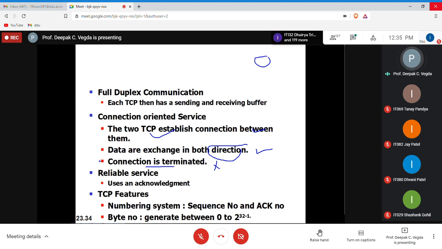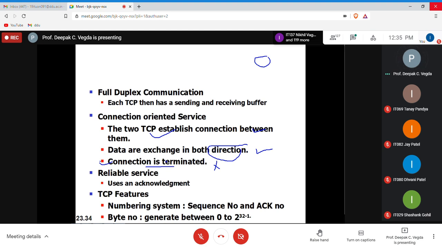Before you terminate, you must consider how you terminate a connection. Three-way handshaking is again there. How do you terminate a connection, and what problem can there be when you are terminating? You might have experienced this in day-to-day life, right?